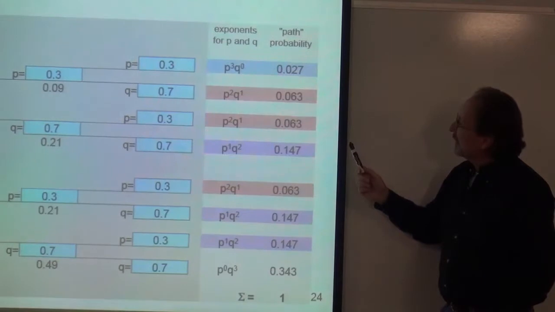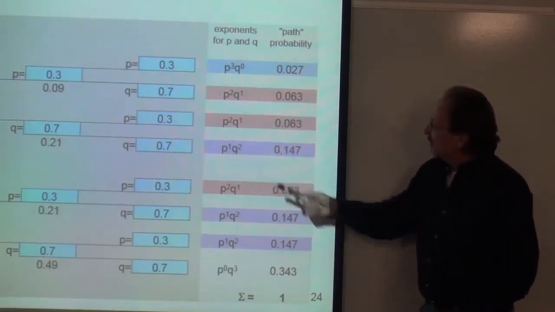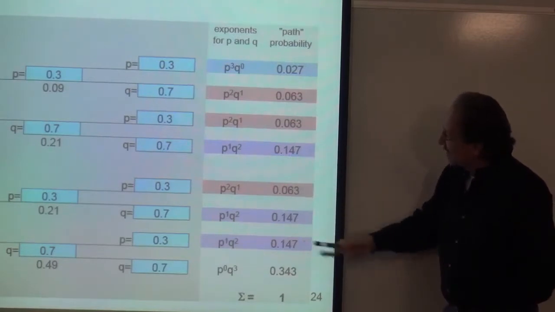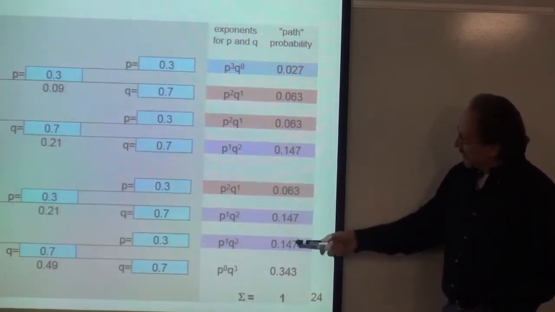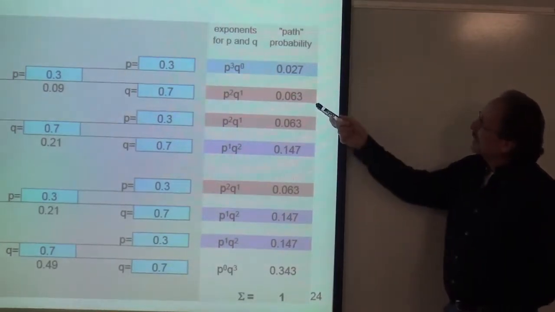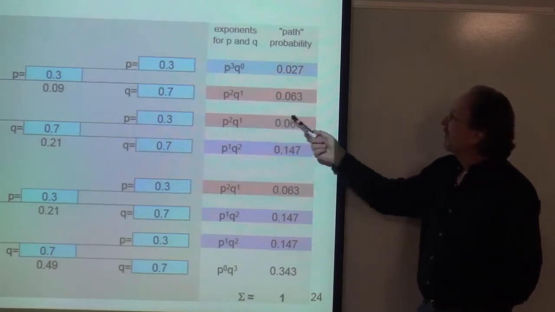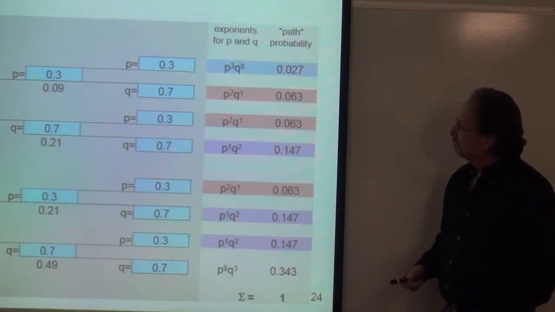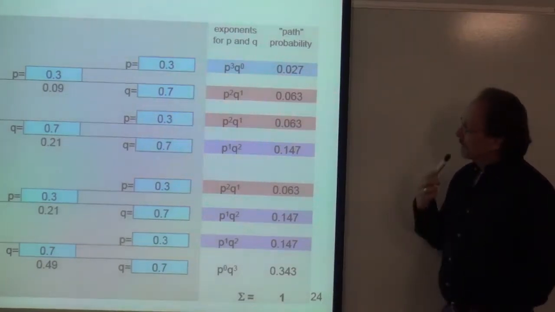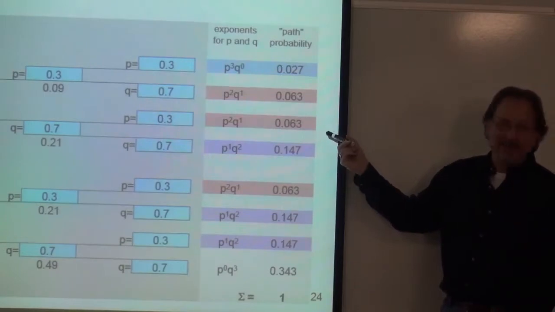Now, if I have in the sequence 1 success and 2 failures, there are 3 different paths that will provide that with the same probability. This one, and this one, purple. And then in the kind of rose-colored, I have 2 successes, 1 failure. 3 different ways to achieve that, all the same probabilities. Does everybody see where I've gone so far with this?